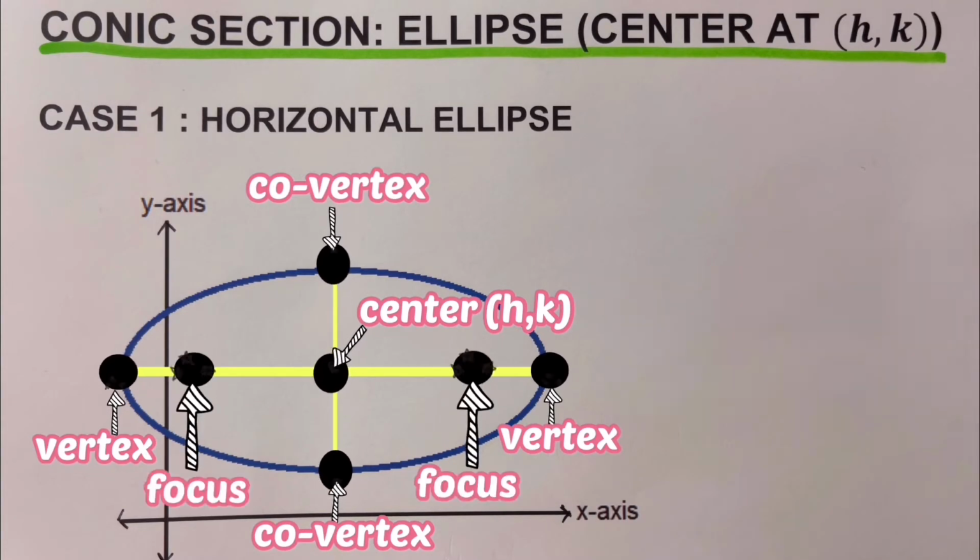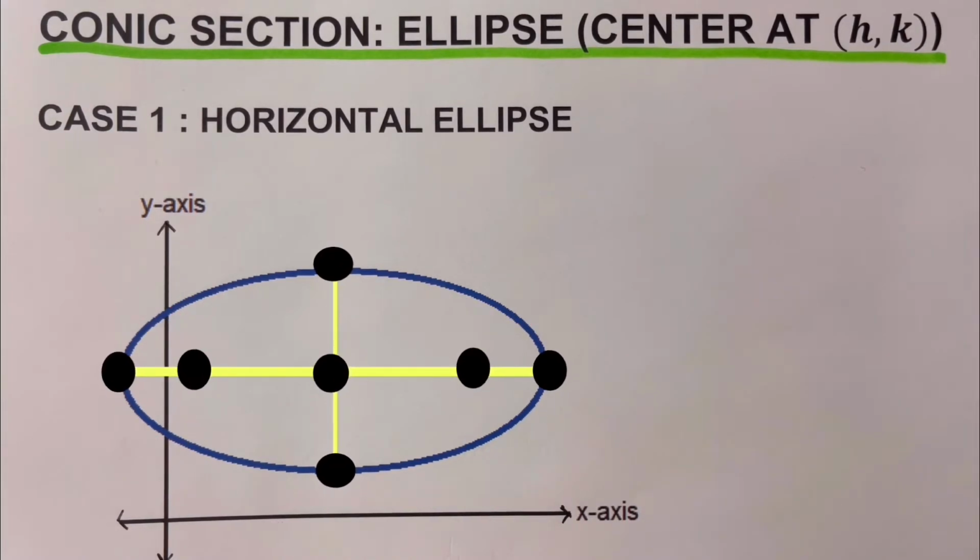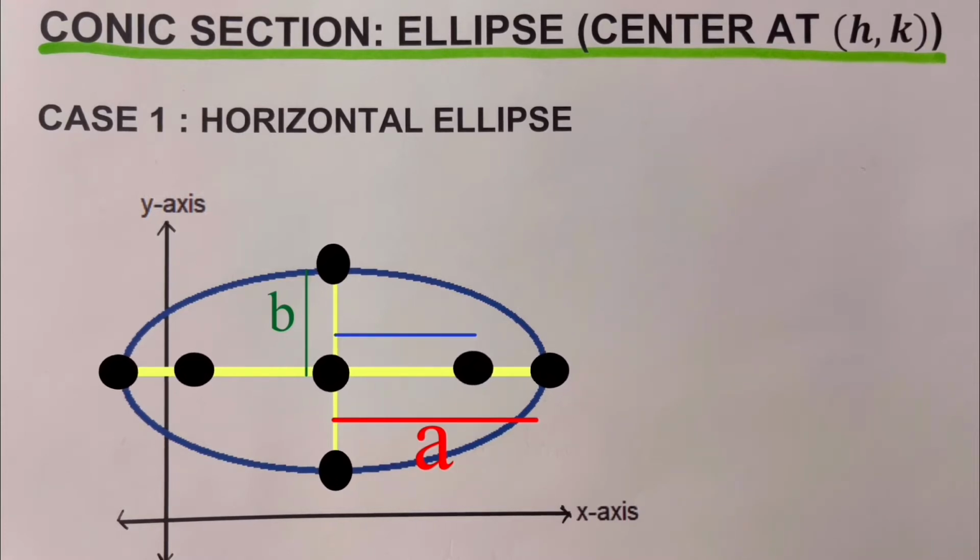Another part is the focus. We remember that the coordinate of the focus for this case, which is the horizontal ellipse, is represented as (h plus minus c, k). So this is the coordinate of the focus, again, for the horizontal ellipse. We remember that the distance from the center to the vertex is represented as letter a, while the distance from the center to the co-vertex is represented as letter b, and the distance from the center to the focus is